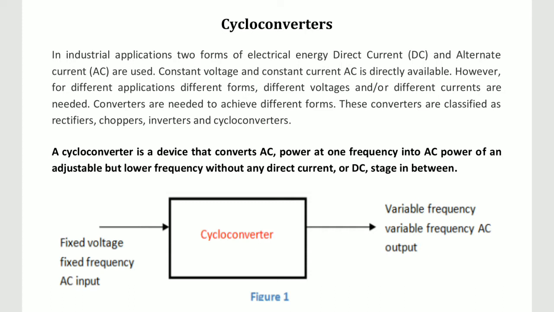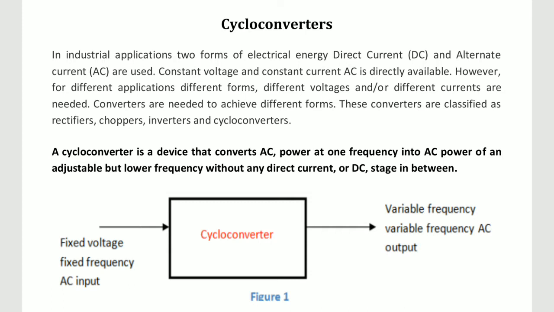So these are nothing but frequency converters, that is at the input of the cycloconverter there is AC power having a particular frequency, and at the output of the cycloconverter there will be AC power, but it will have a step down frequency, that is lower frequency as compared to the input frequency. Or there are some cycloconverters which can step up the input frequency, those are the step up cycloconverters. That means it totally depends on the frequency conversion in the AC power.